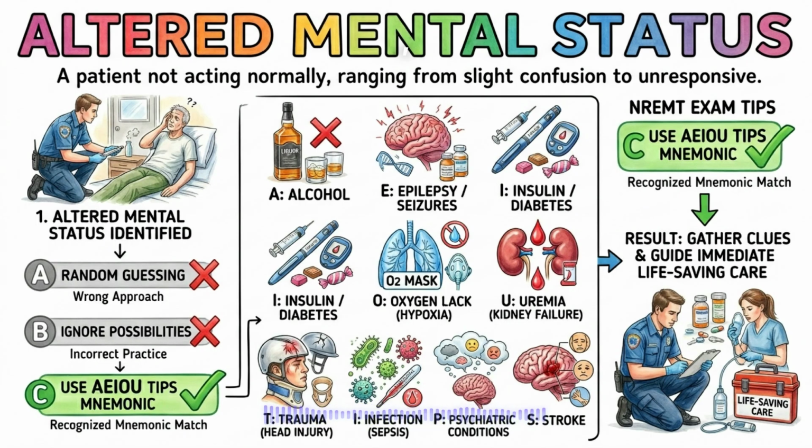One of the most common medical presentations you will encounter is a patient with an altered mental status. This means the patient is not acting like their normal self, ranging from slight confusion to being completely unresponsive. Because there are so many potential causes, paramedics and EMTs often use the AEIOU TIPS mnemonic to remember the possibilities,